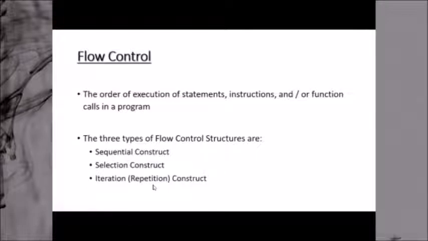Here a particular task or set of tasks is being repeated again and again. Since you are repeating the task again and again, it is called an iteration construct, and it cannot be repeated forever, it cannot be repeated infinite times. So there must be certain conditions, certain criteria for when to stop the repetition. That is called the exit condition or iteration condition. We will discuss these things in detail when we come to this particular topic.